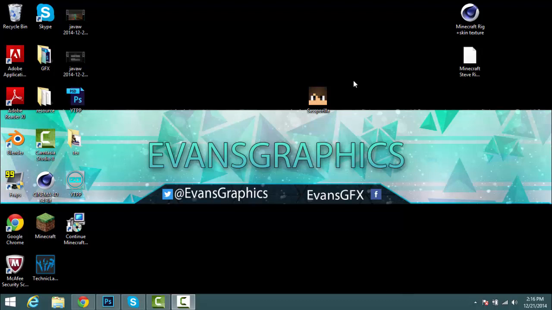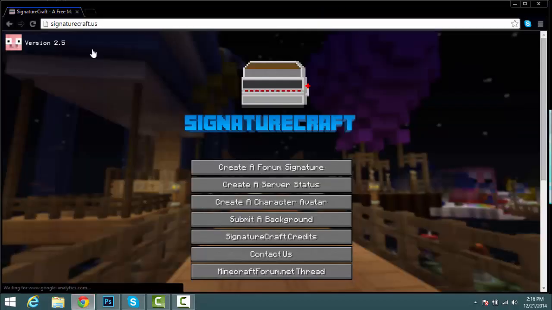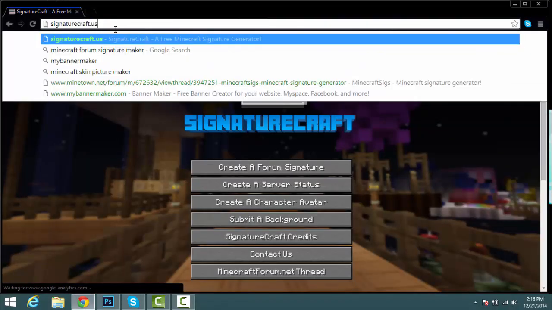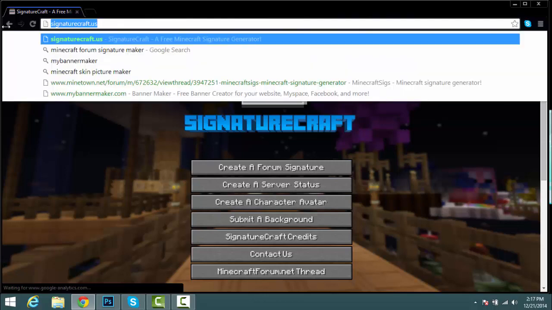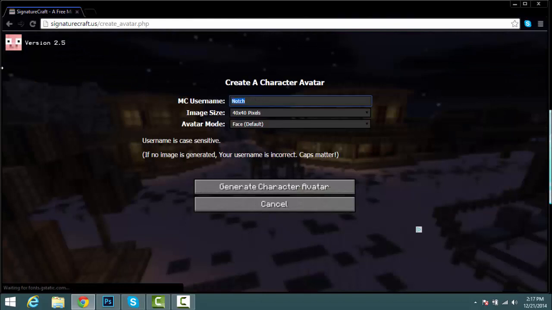First we want to get our Minecraft head, just our Minecraft head. You don't want to get a body, just your Minecraft head. To do that, you can just go to signaturecraft.us, or you can cut out of your skin and be a lame-o and not go through the alternative. But anyway, go to signaturecraft.us and go to create a character avatar. Once that's, you just type in your Minecraft username,